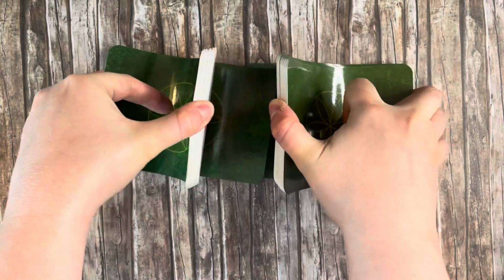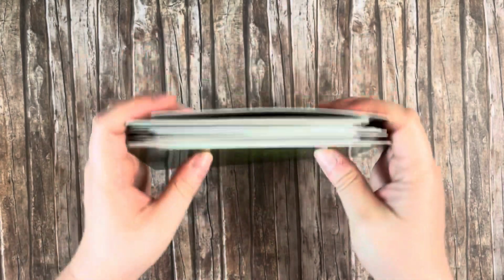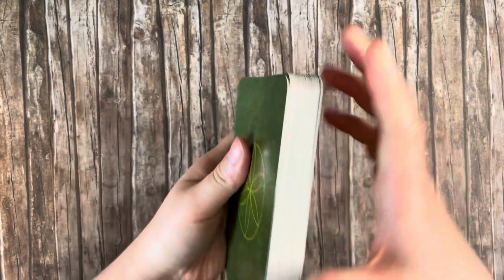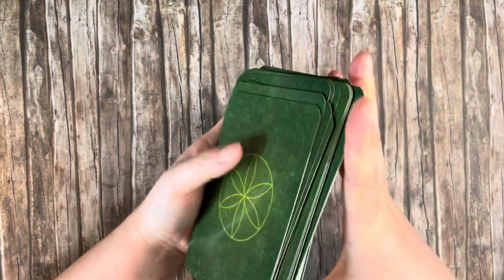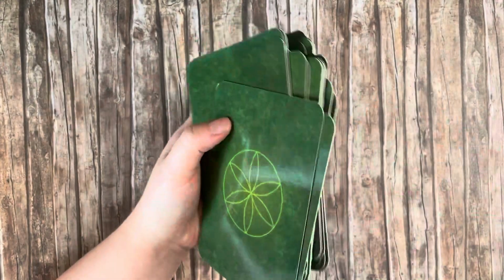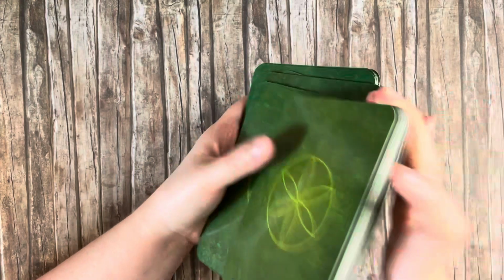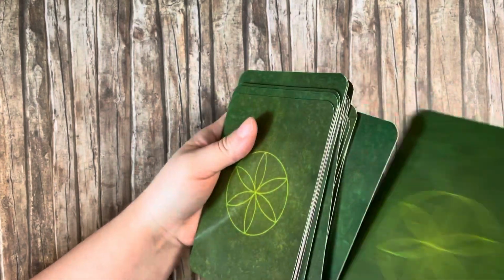Let's do a couple more. Right, the overhand shuffling works surprisingly well, even though it's sticky. Oops. But then that kind of thing happened where a whole chunk of cards just don't want to come out because they're stuck together. I do think maybe a bit of fanning powder on this would sort it out, but I don't have any fanning powder, so...